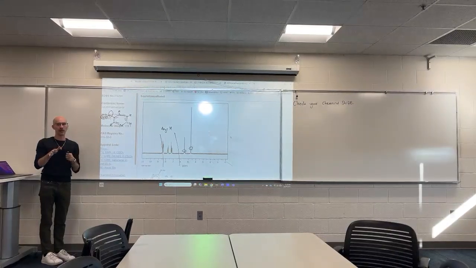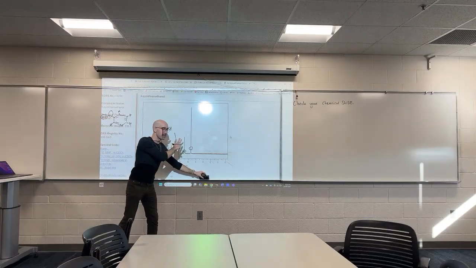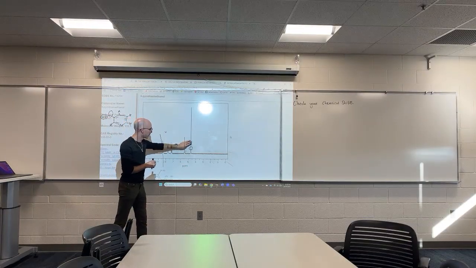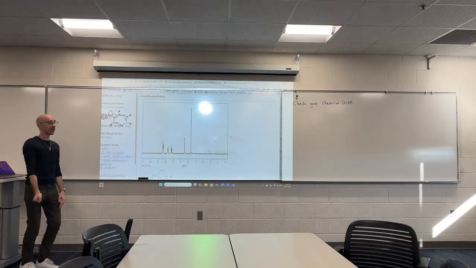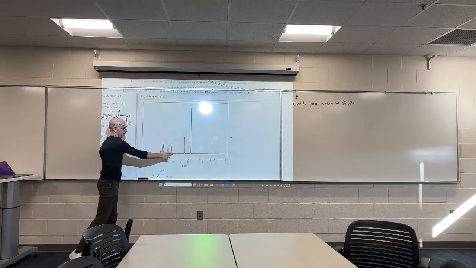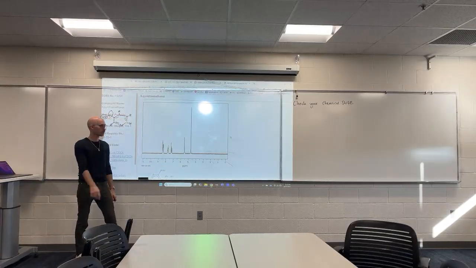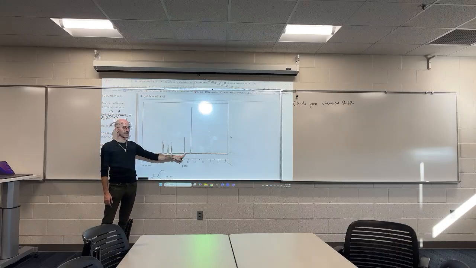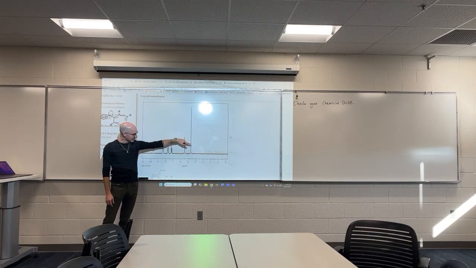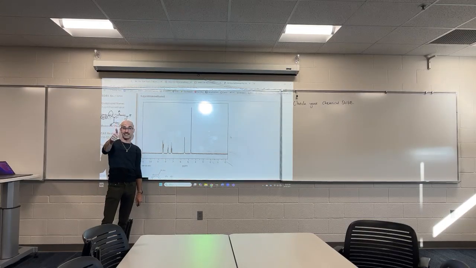Tells you a little bit about the functionality of it. To be fair, if I gave you this and you didn't know the molecule that it corresponded to, I think you should be able to look at it and say, this part of my correlation table tells me I have an aromatic ring. This part of my correlation table tells me I might have an alkene. I've got something functional group adjacent,